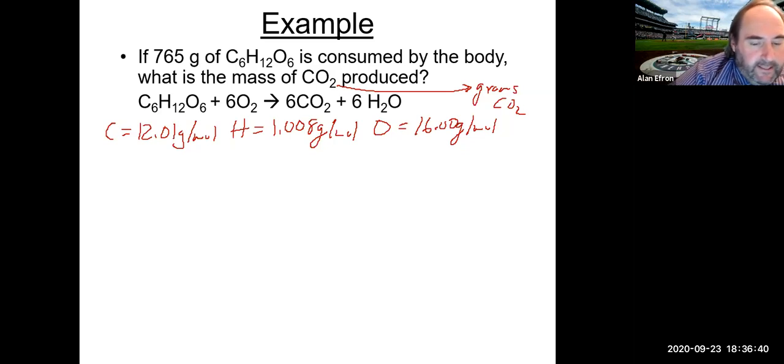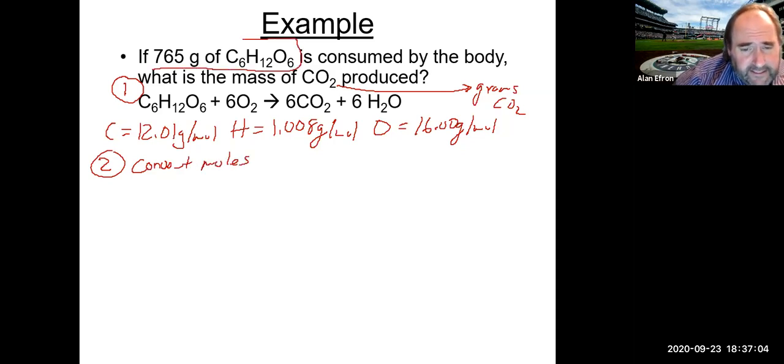Okay, so let's take a look at this one. Same idea here. We want to just follow our same 4 steps. So I see an equation, I see some coefficients, and if I quickly look through it, it is balanced, so that's good to go. Second step, again, is to take whatever they gave us and convert to moles. In this particular case, they gave us 765 grams of our C6H12O6. That does mean that we do need to convert to moles, and we are going to need the molar mass of our